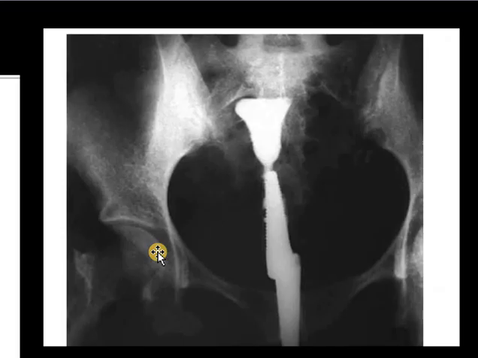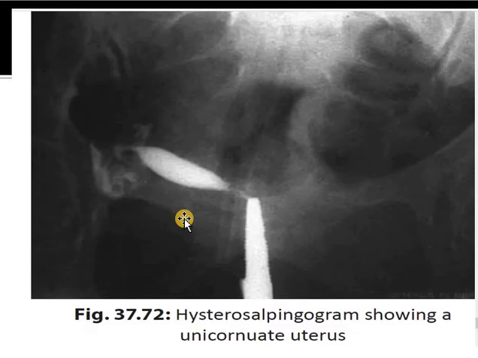Then next, now see this one, there is bilateral tubal blockage. Both the tubes are not seen. This is a normal structure of the uterus, pyriform normal structure, but both the tubes are blocked. Okay. Then next is this one. This is again a congenital abnormality of the uterus, that is a unicornuate uterus. This one is a unicornuate uterus and it is an abnormal structure.